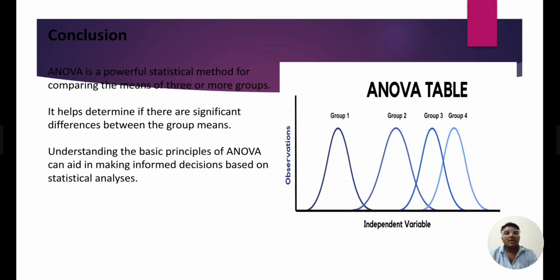Conclusion. ANOVA is a powerful statistical method for comparing the means of three or more groups. It helps determine if there are significant differences between group means. Understanding the basic principles of ANOVA can aid in making informed decisions based on